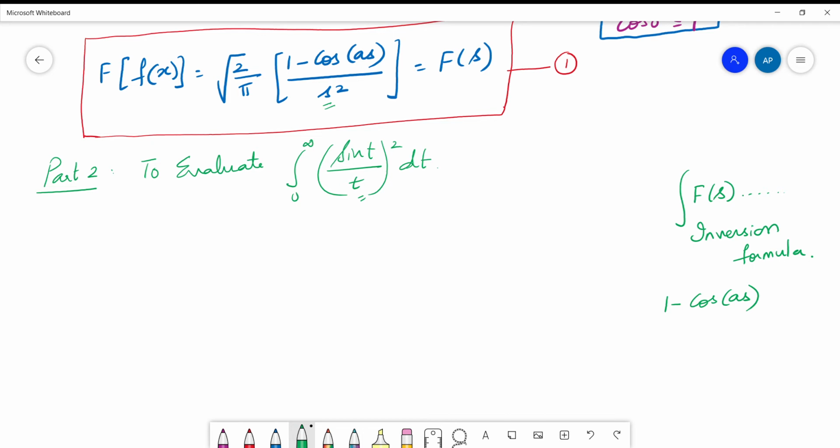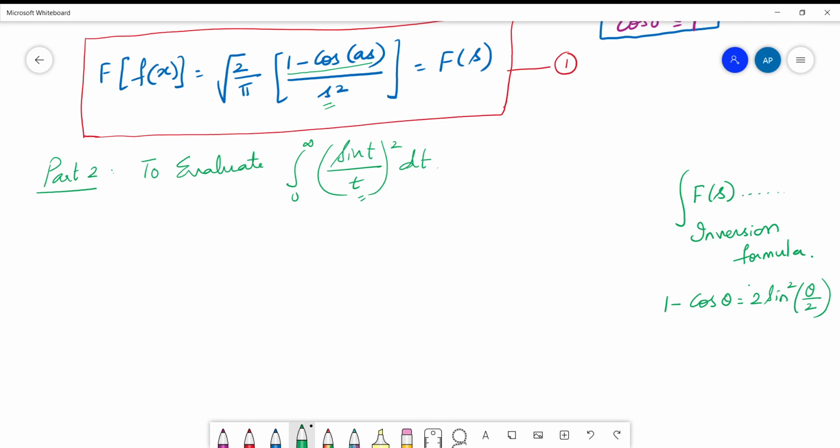But look at the numerator: you have 1 minus cos as, and here you have sine square. So do you think that there is some relation? Can you rewrite 1 minus cos as in terms of sine? Yes, you can, because by a usual formula that you have, I will not write it as as, but if you want to recall the formula, I will write it as theta. 1 minus cos theta, we have all studied that it is 2 sine square theta by 2. So, don't you see here that 1 minus cos s, that is F of s, is going to generate sine square? Yes, it does.